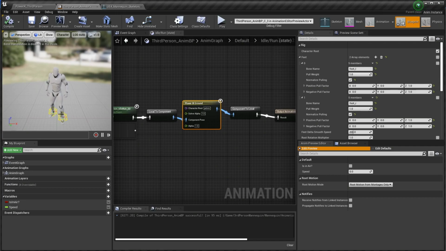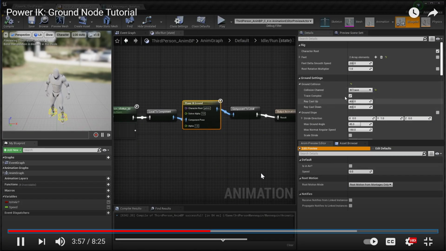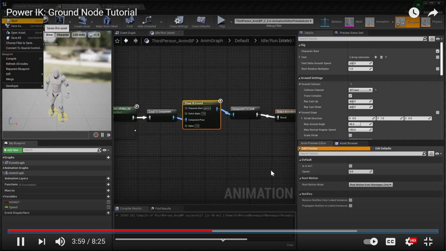I think he collides with his own capsule. We're going to look for ground settings. Under here, we're looking for ground collision. I'm going to set this to custom and then the collision channel I've created called IK Trace. And I'm just going to take one moment here to talk about this collision channel and what I've set up on it. So if you go under